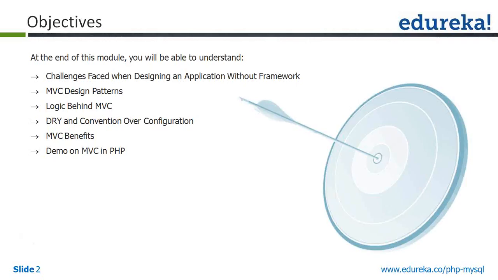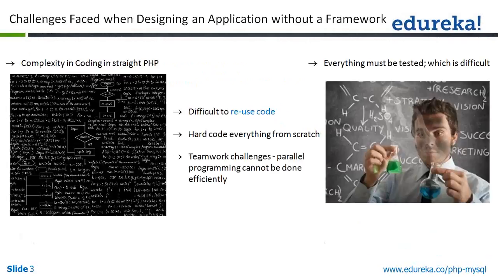I already told you that. Complexity in coding in straight PHP. If you write everything in PHP, we are writing a lot of spaghetti code. Those who are aware of PHP know that in a PHP program we write HTML and PHP all together. Even in Java, in JSP we also write all the things together: HTML, CSS, JavaScript, JSP statements, PHP statements. In every server-side program, HTML is a part.